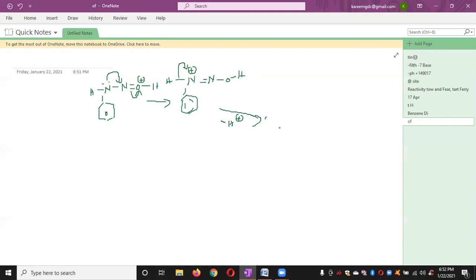So this nitrogen, benzene attached to nitrogen, and a double bond is formed between the two nitrogen atoms, and that is already present. So this H again attacks an oxygen atom, so thereby this oxygen atom will get a positive charge. So it will attack here, and again what happens? This lone pair of electrons will be shifted here, so thereby that facilitates the removal of a water molecule.